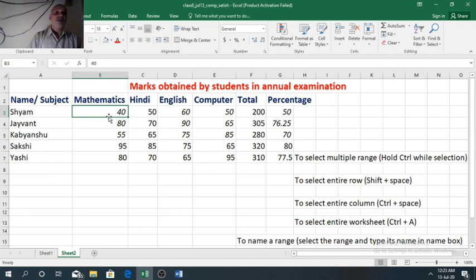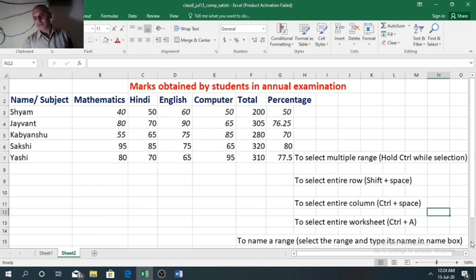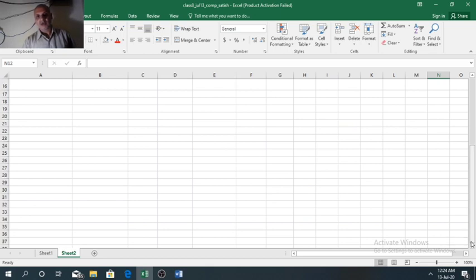Now whenever you click on any cell, see the name box. It is showing the address of that cell, that is B3 here. Similarly here we have D7. So wherever you are, here we are in F32.